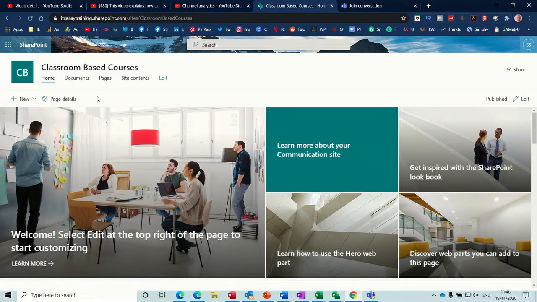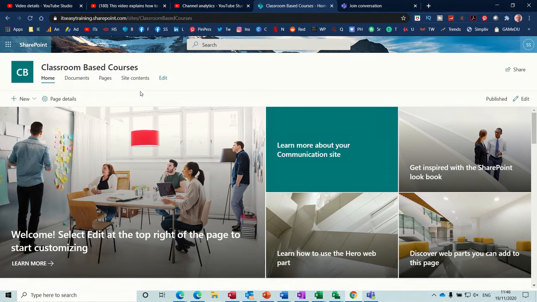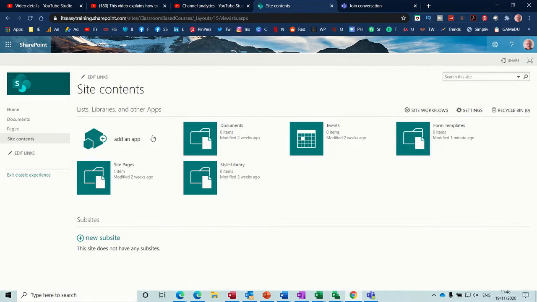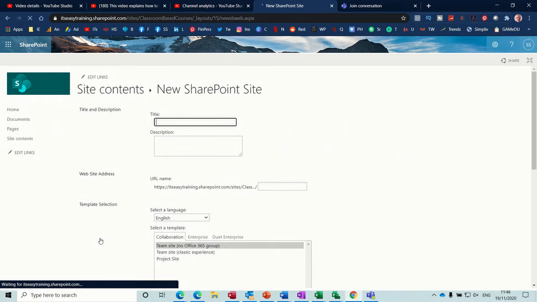and it creates the site for you with a list across the top. So it's slightly different in the way it looks. Site contents, you've got site contents like there. Now the difference here is you can add new sites. So what I want to do is add a new subsite down the bottom there, and this subsite is going to be Excel courses,